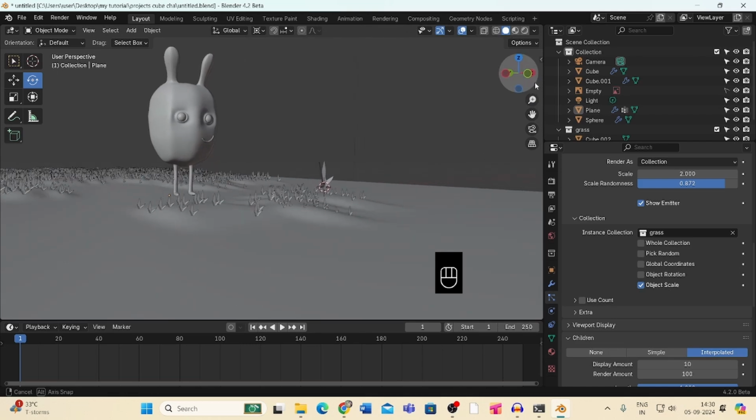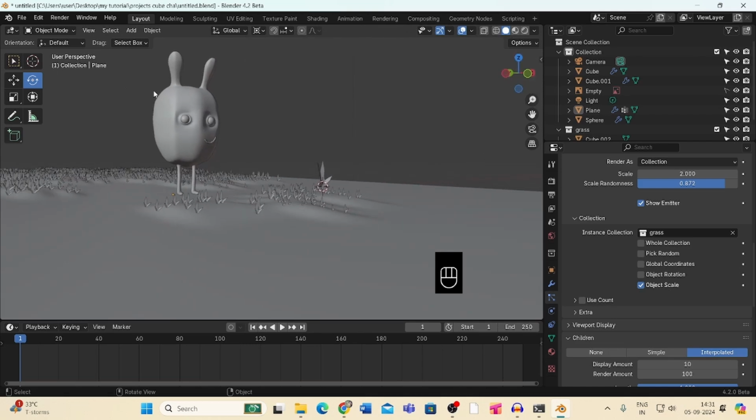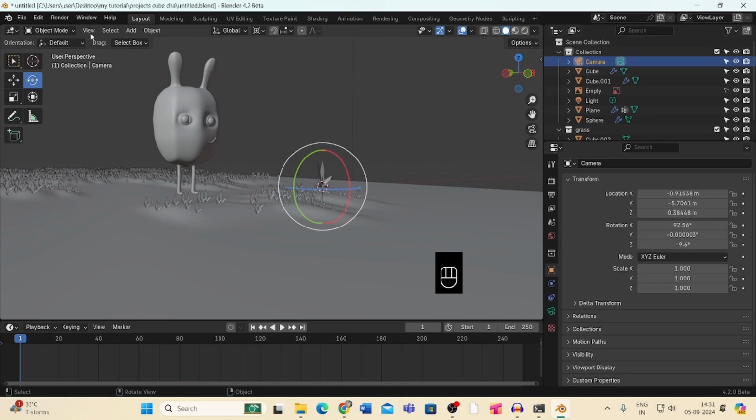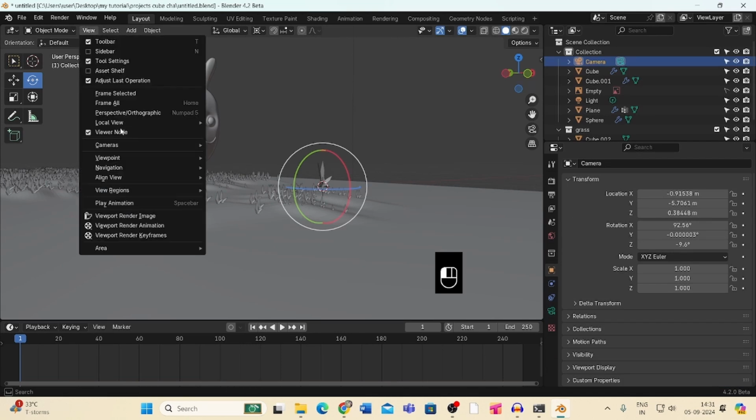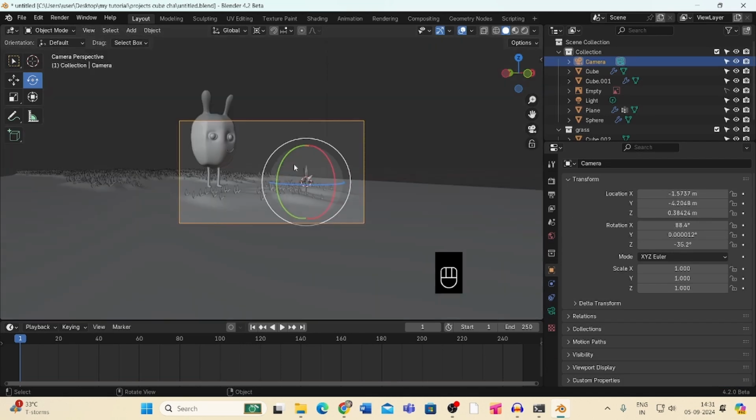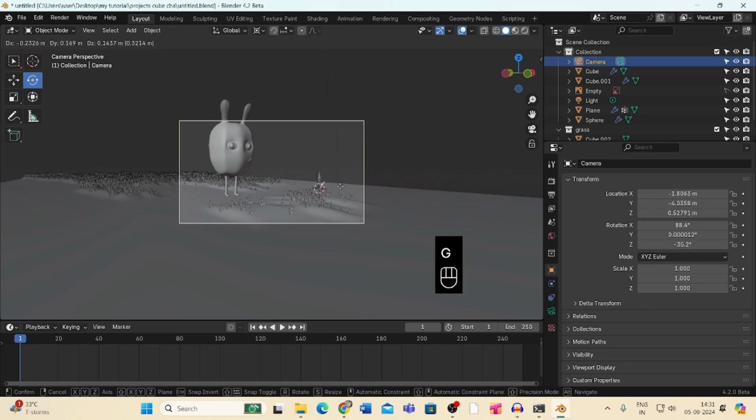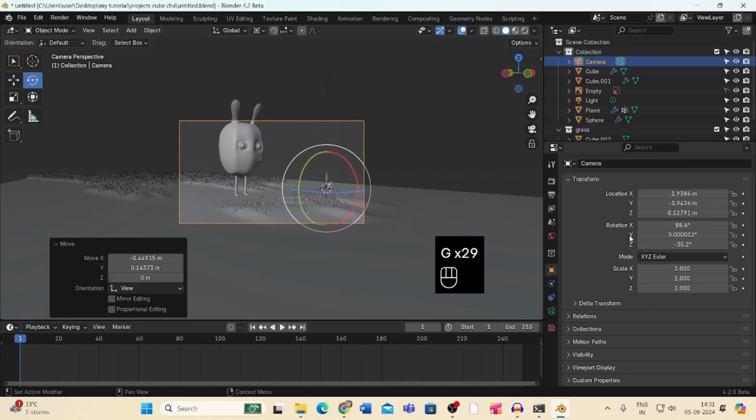Now choose the camera, select the camera, go to the view, align active camera to view. And we are going to place the camera here